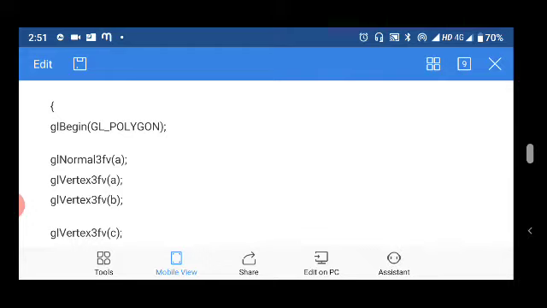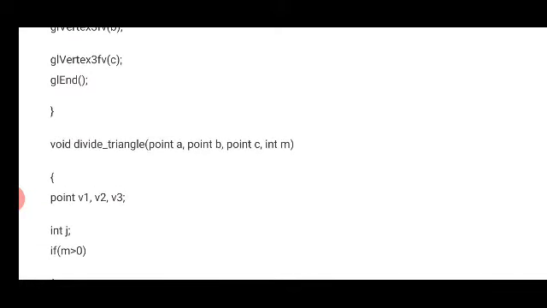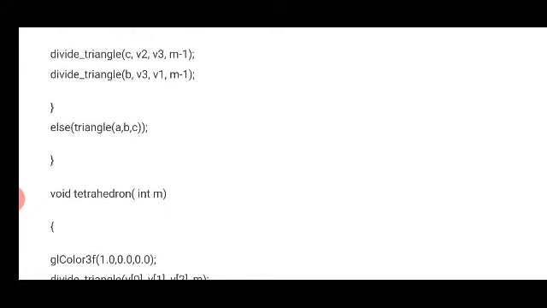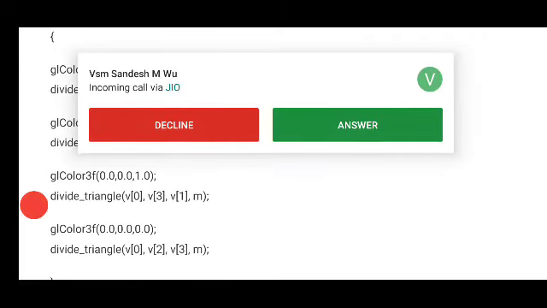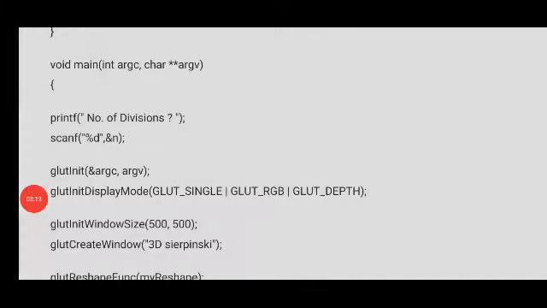This procedure is repeated for all the vertices, and it is called recursively n number of times, and n is input by the user.